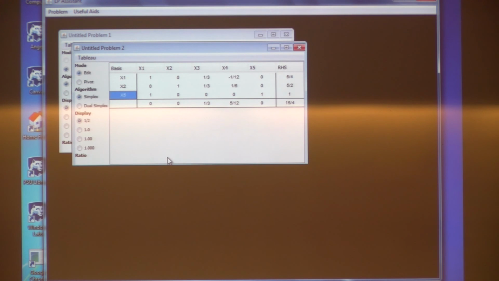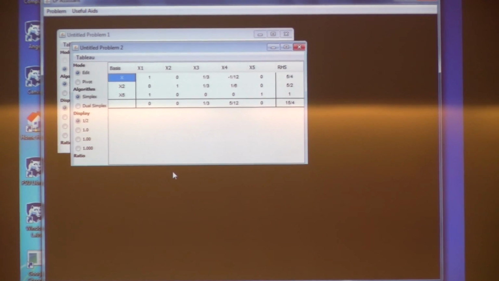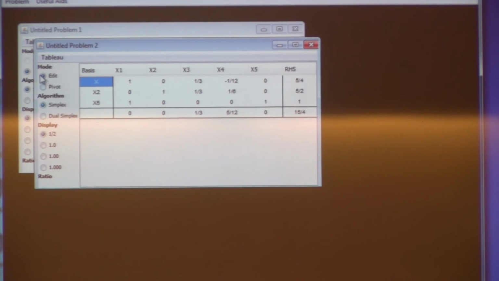Is it all clear what I'm doing? And then after adding this on here, I see that the x1 here is no longer a basic variable. It needs to be pivoted further because I put a 1 in this column, right? So you have to remove this from the basic variable set. Is that clear? All these you have to do without making a mistake. Okay, now